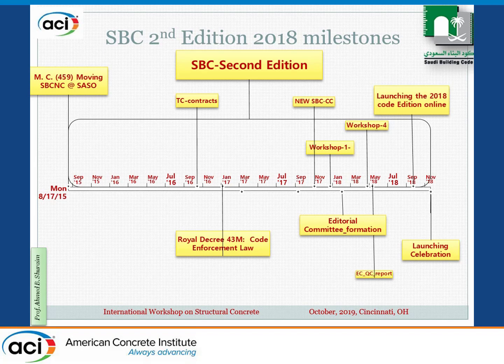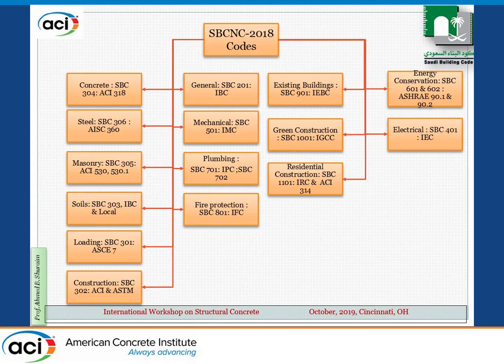Now, also in 2015, we started updating the Saudi Code. So we decided to update the 2007 edition, and now that's here. We started in 2015, and basically in September last year, the code became fully available online, the full edition, for a similar idea, but now it's extended, as you can see here.